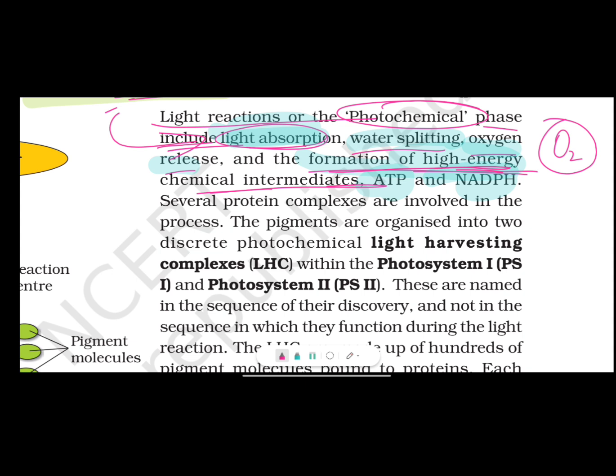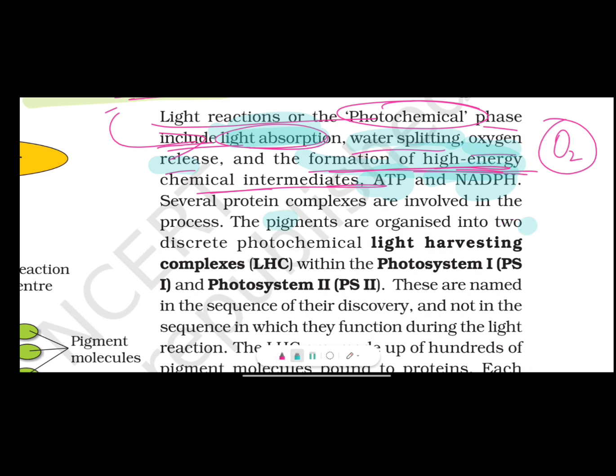I hope you all know the full form of NADPH and ATP. I request you to comment down this. Okay, their full form of ATP and NADPH. Several protein complexes are involved in the process. The pigments are organized into two discrete photochemical